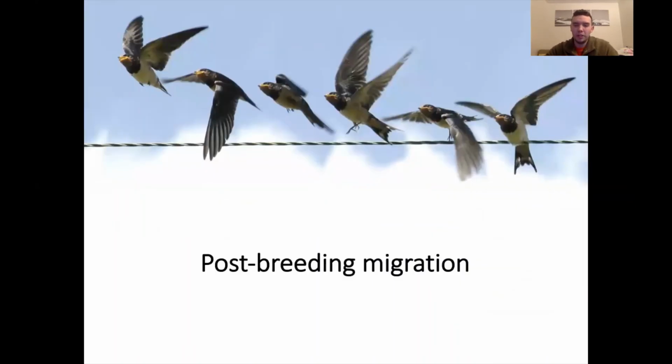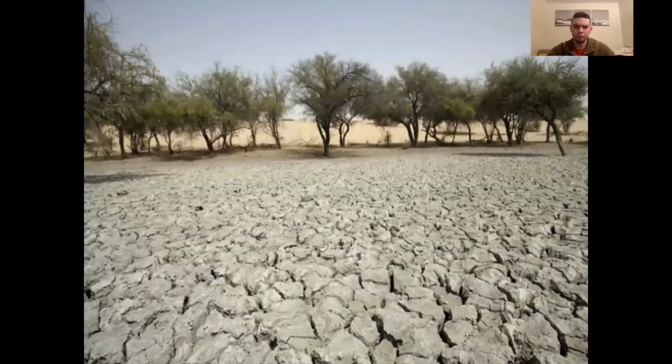So post-breeding migration, the drivers of this were slightly less obvious, and we couldn't really tease out very much interesting information. But one thing that definitely was interesting was we found that in years in which the dry season in the Sahel, that area to the south of the Sahara Desert that I talked about, occurs later there, we find that species are departing from Europe later. Now we don't know the mechanisms by which species might be able to detect that this is happening, but what appears to be causing this is that